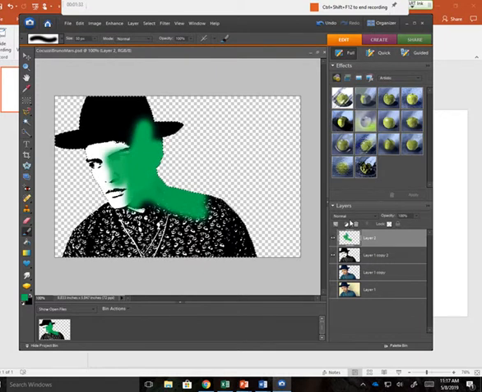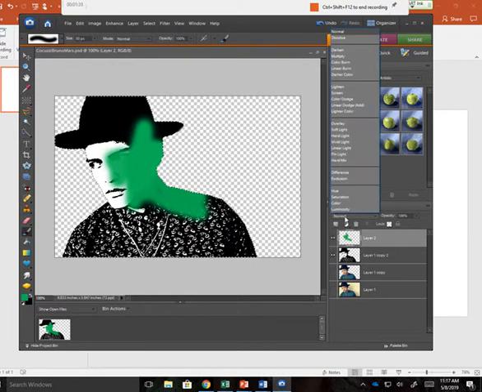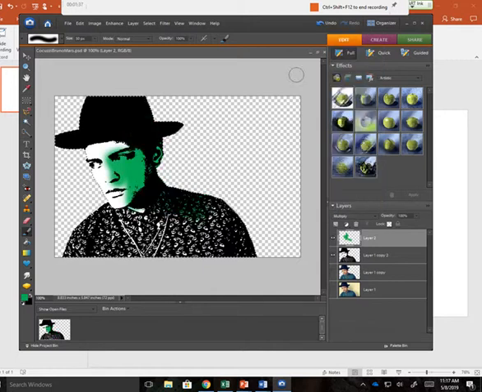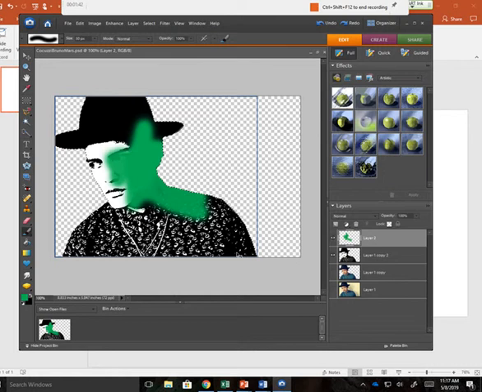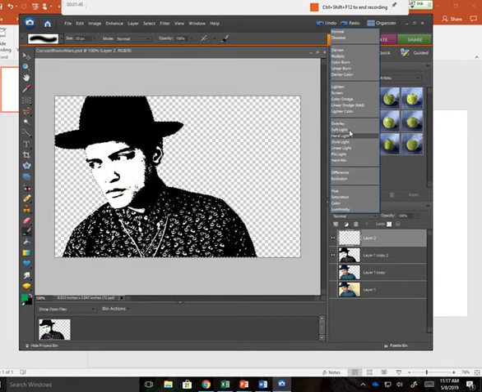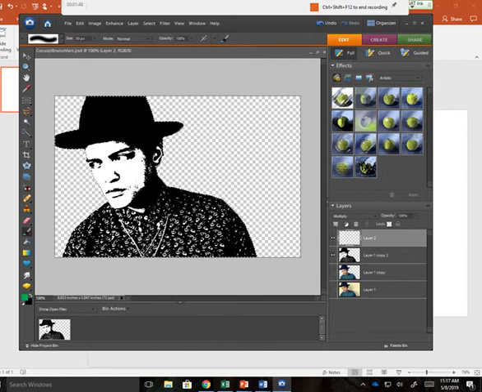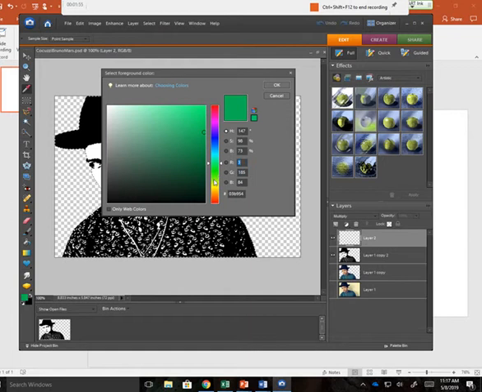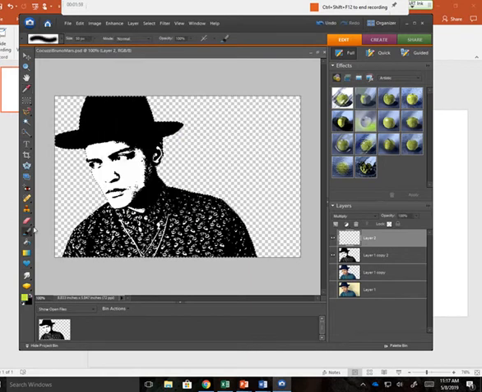So if you take the style of this layer, right now it's normal, and if you change it to multiply, that's what's going to make it go behind there. So I'm just going to go Control Z and get back to before I did the color. My style was normal, so I'm going to change that to multiply. So now you can take whatever color you want to use. And let's say I go to the color picker and I wanted to give him a yellow shirt and say okay. So you can take your paintbrush and you can color in the sections that you want to do